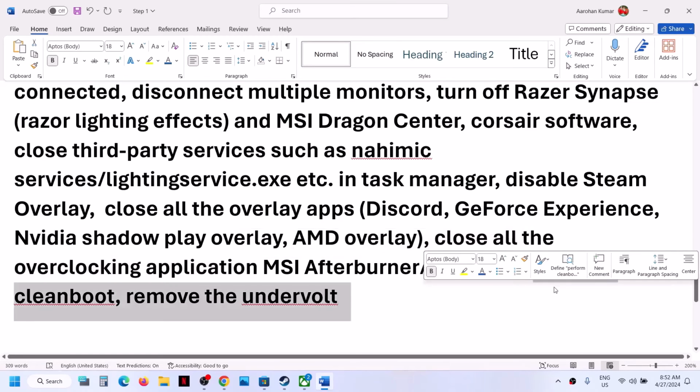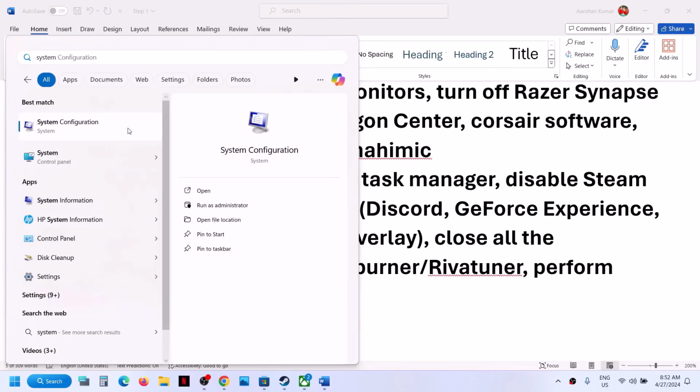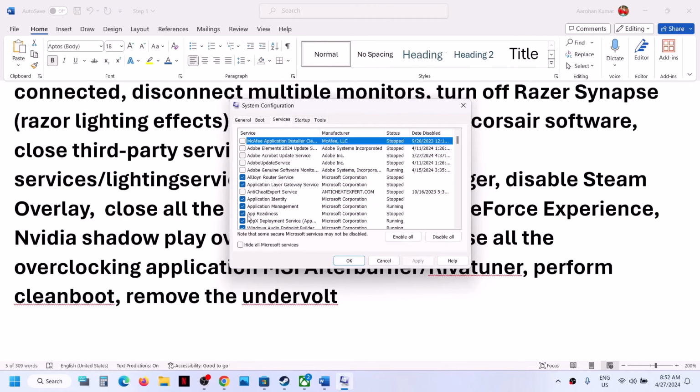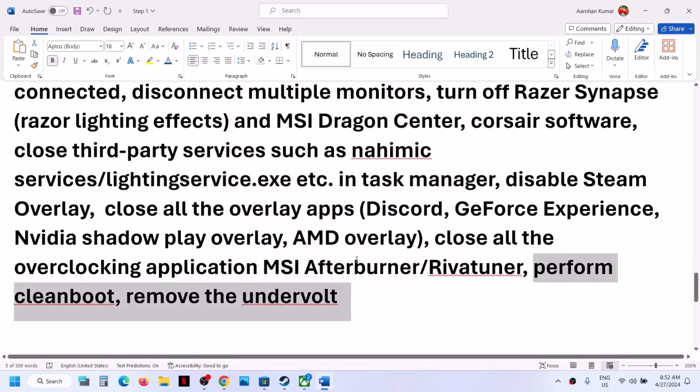To perform a clean boot, type in system configuration in the Windows search box and then click on System Configuration. Go to the Services tab and put a check on the box which says hide all Microsoft services, and then click on disable all. In my case, this option is grayed out. I already did it. In your case, this would be highlighted. So make sure you put a check on hide all Microsoft services first and then click on disable all, then click on apply and OK, and then restart your computer, and after the system restarts, launch